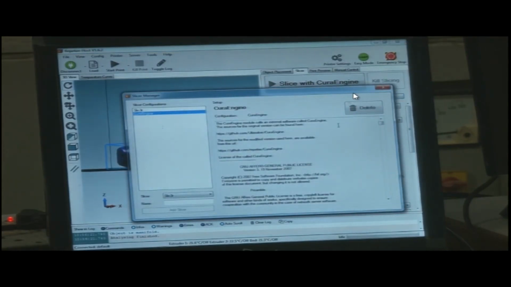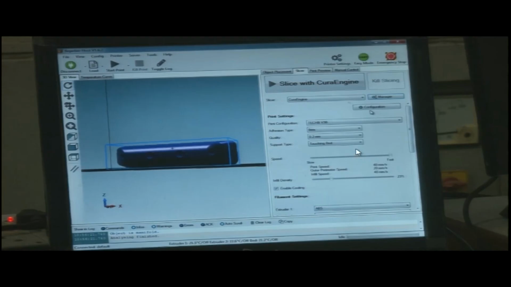Now we have the manager tab. When we click the manager tab, this window pops up. The manager is for the advanced version. For instance, if some big manufacturer needs to calibrate the machine, he needs to go to the advanced settings. Then he can use this manager. We would not use this. Next one is